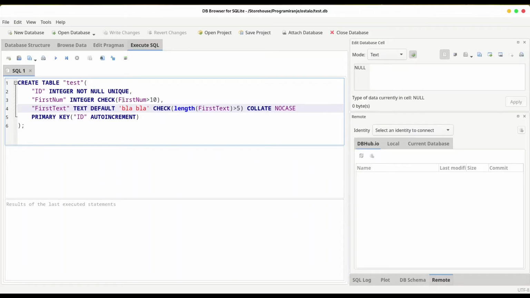And if you use rtrim, this means that white spaces on the right side are going to be ignored. And for this purpose, I am going to use nocase like this, then comma, and now second text,